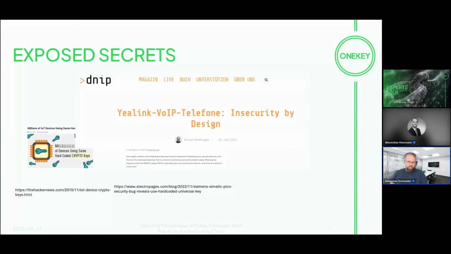And here we have the most recent case from 2 months ago, where a voice over IP telephone provider, or telephone vendor, was found to have a hard-coded private key for a root certificate baked into a firmware so that the device could reissue expired certificates by themselves, which of course is also a great weakness. And if you don't yet understand why this is a problem, we will see this